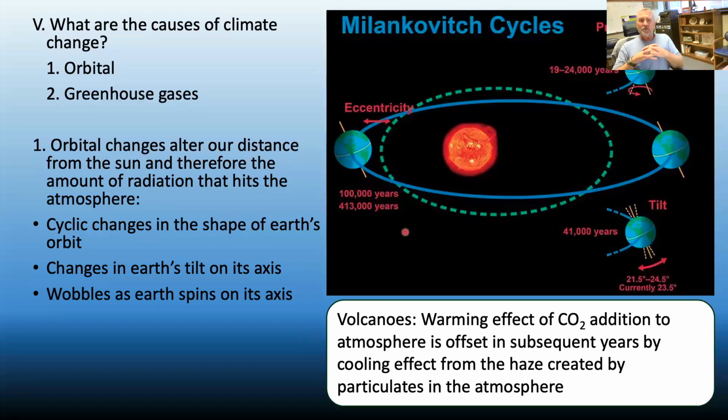Now, there are natural factors that we can't control that happen right here on Earth as well. Volcanoes are one example that you'll hear a lot in this particular discussion, because volcanoes put a lot of greenhouse gas into the air, especially carbon dioxide. But they also put a lot of particulate matter in the form of dust up in the atmosphere. And that particulate matter blocks the amount of solar energy that can get through the atmosphere, which then offsets that by providing kind of a cooling effect of sorts, because it's in the upper part of the atmosphere.